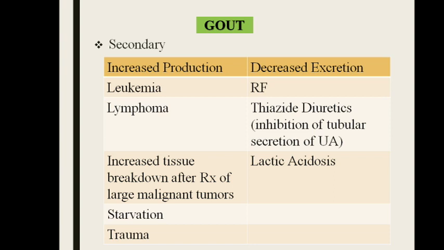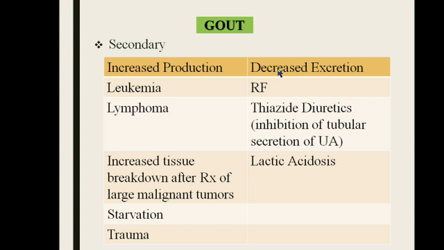excessive uric acid level. And in a patient with a large malignant tumor, when they are subjected to treatments, there is increased tissue breakdown because of chemotherapy and radiotherapy, resulting in more and more uric acid pool. In a patient suffering from starvation, there is energy deficiency of protein, fats, carbohydrates and nucleic acid, so as a source of energy, more and more nucleic acids undergo degradation, producing the uric acid pool. And a patient subjected to trauma will have increased catabolism resulting in tissue damage, increased cell turnover, and increased uric acid production.